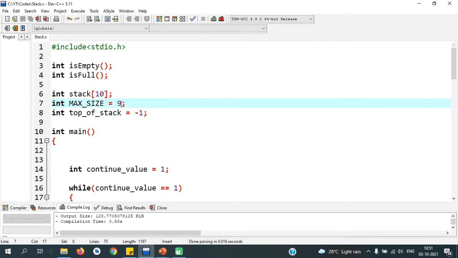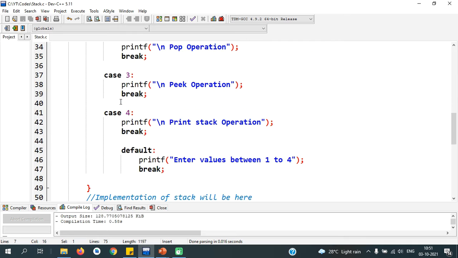The index values will be starting from 0 to 9. That is why the maximum size must be 9. So the index must be present between 0 to 9.